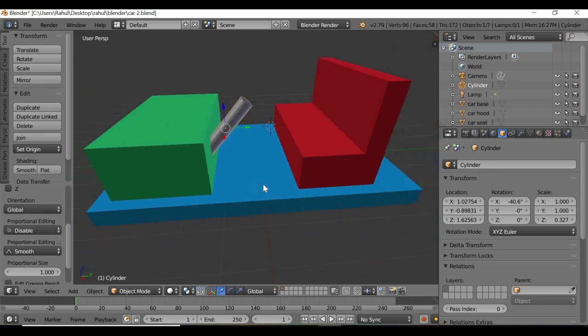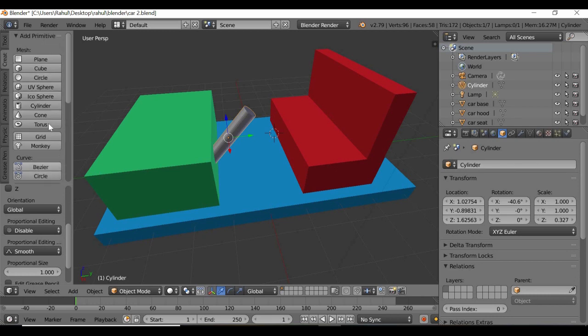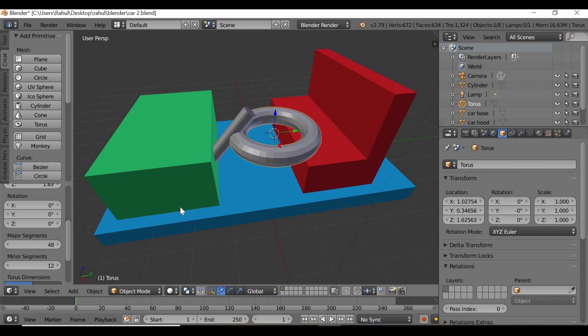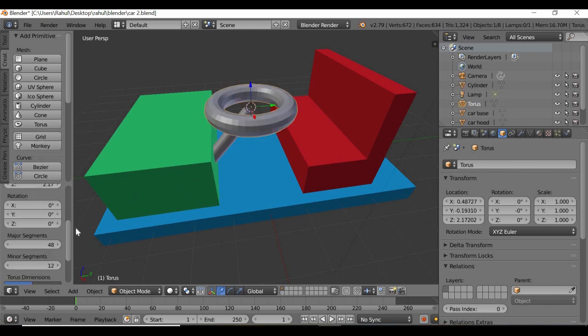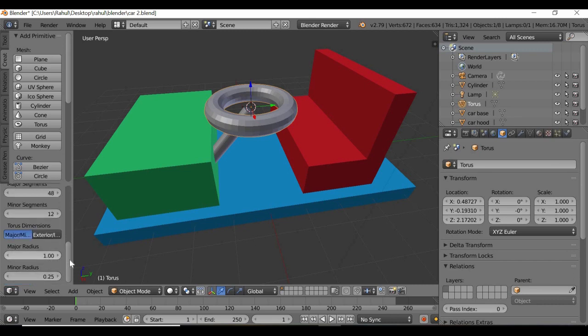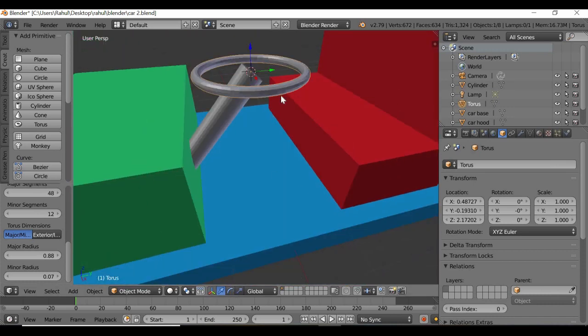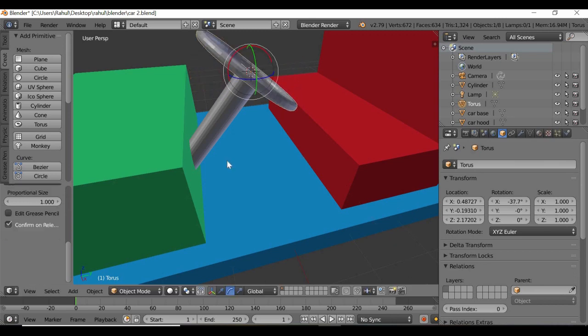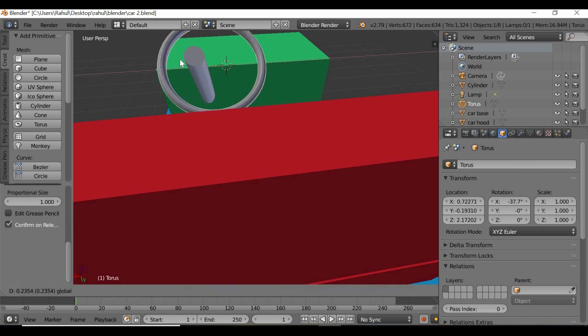Okay. So the next step is to create the steering wheel. So you go to create, and then we are going to add a torus. Again, you have to be specifying where you want to create the object. Again, here you have options for the radius, so we want a thin one, and then the radius, you can decide how big your steering wheel should be. And again, you will be rotating it and then move it so it is aligned with the